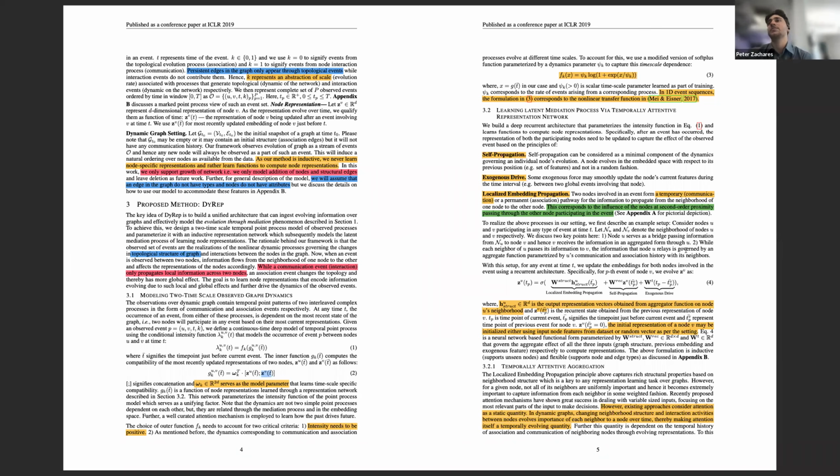But anyway, they say that the dynamics process needs to have three properties. They're not bad assumptions. They make a lot of sense and they're intuitive, but these are assumptions that the authors are making. So the first one is self-propagation. They say self-propagation can be considered as a minimal component of the dynamics governing an individual node's evolution. So it's saying that part of the dynamic process is that you're going to change when an event occurs just based on what you're